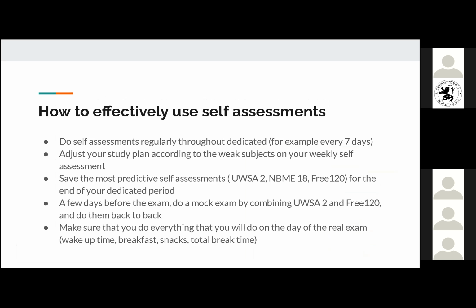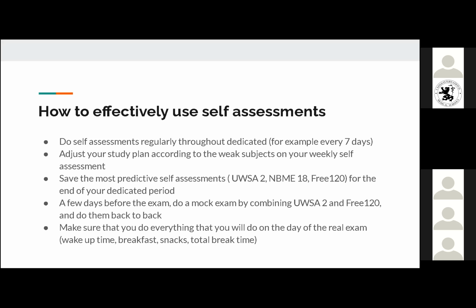Okay, so another thing is that you have to save the most predictive self-assessments for the end of your dedicated period. The three most predictive ones are the UWorld SA2, the NBME 18, and the Free 120. So what you should do is, a few days before your actual exam,